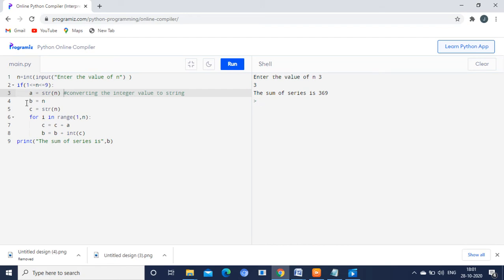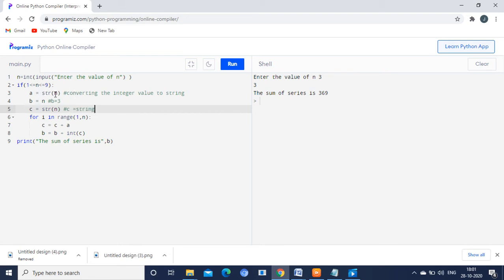And the fourth line, b is equal to n. The meaning of that is, b is equal to 3 now. And what is the value of c now? c is nothing but c is equal to str of n. The meaning of that is, we are converting the particular n value into a string again.